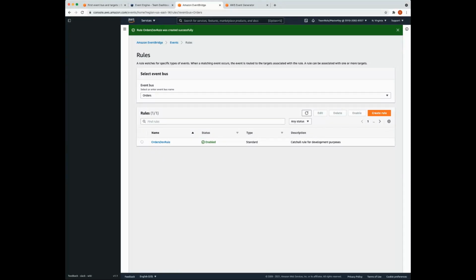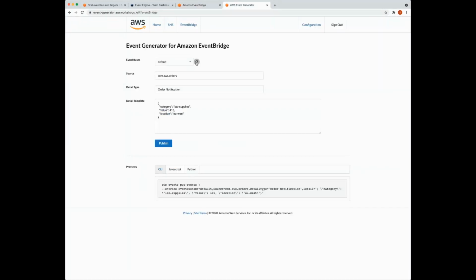Now, the next thing we're going to do is test that this event bus is working correctly, and the rule is actually capturing that event and pointing it at the correct target, which we've defined as a CloudWatch log group. What we need to do is head over to our event generator, which we configured earlier. Because we configured this before we created the event bus, if you click the drop down, it might not show orders.